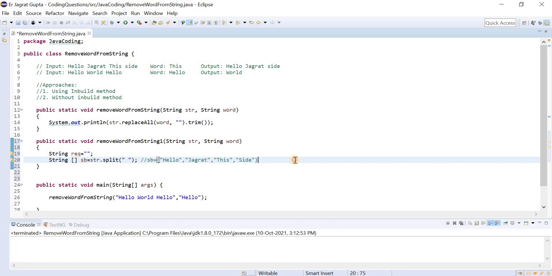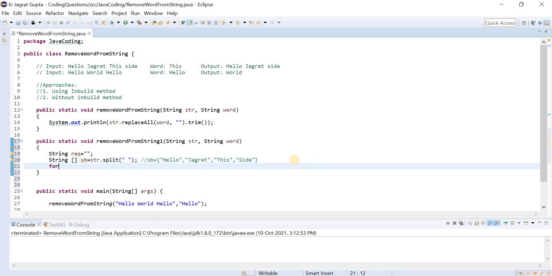Now in the third step I will apply the for loop. So for int i equal to 0, i less than SB dot length, and i plus plus.